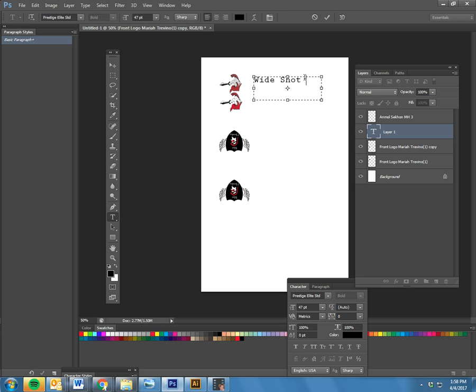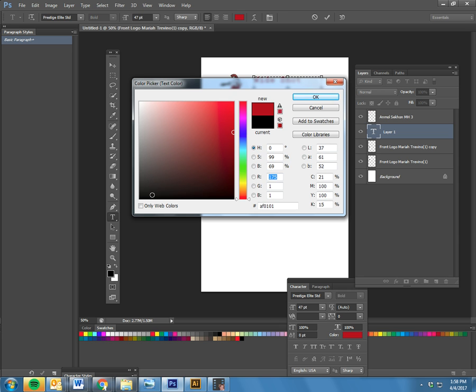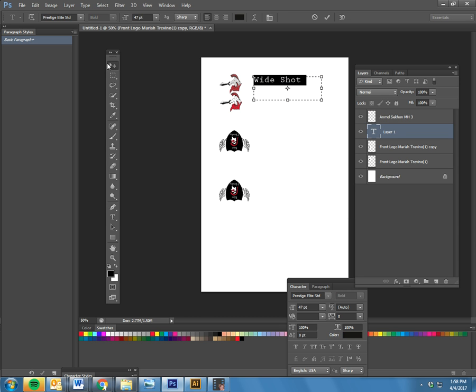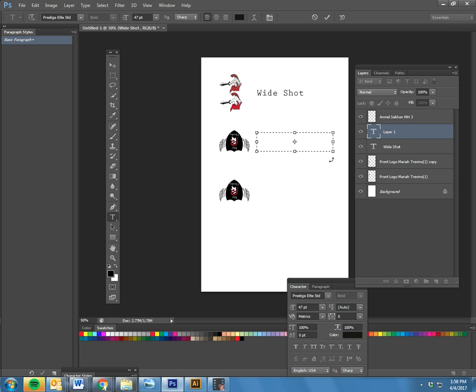To change the color of your font, highlight it, here's your text color. Okay, and then say okay. You move it just like you would an image. Every time though you have to write something new, I would click and do a new text layer. Okay, if you're going to put multiple